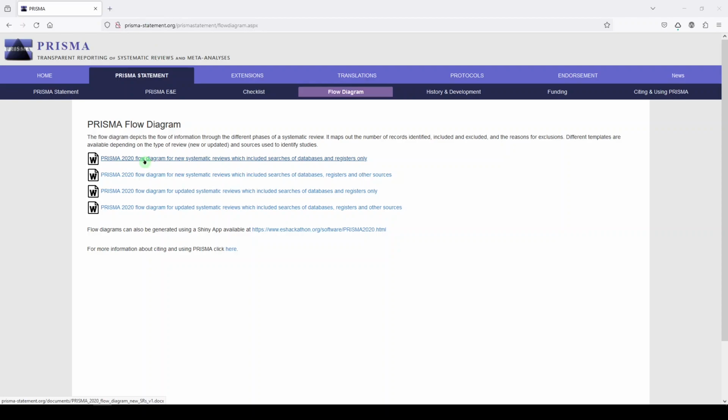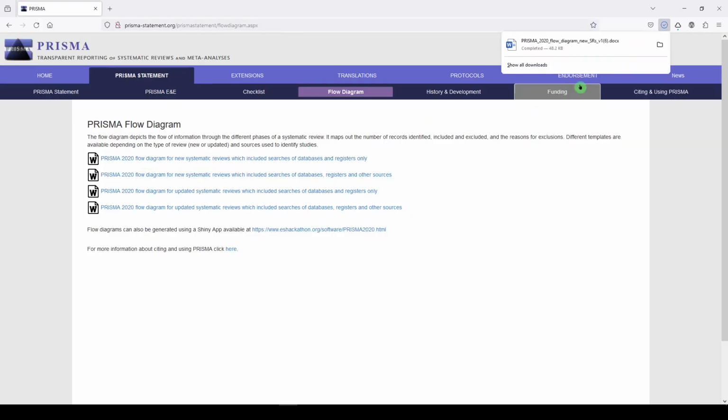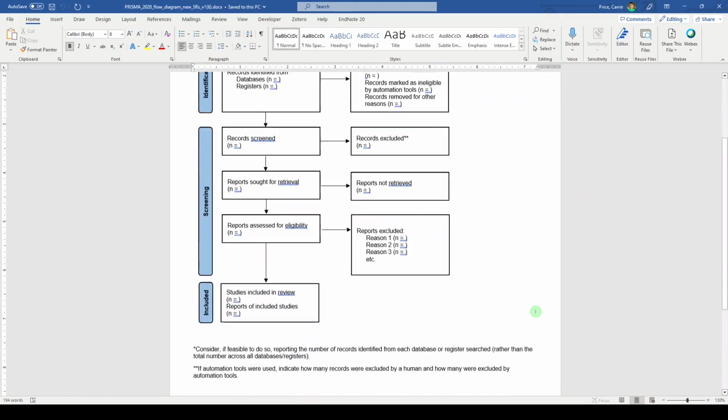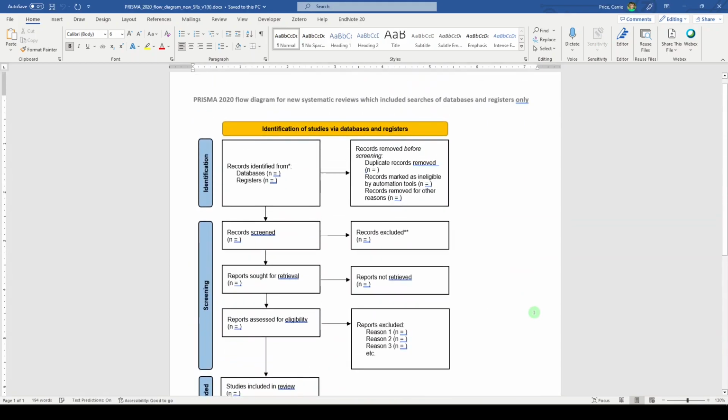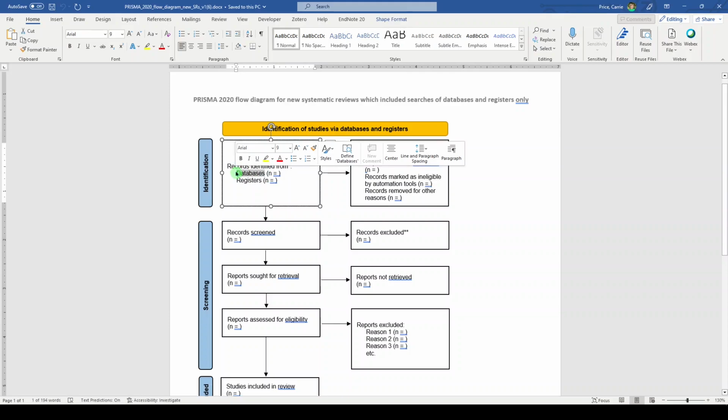The first one is for new systematic reviews, which included only searches of databases and registers. Let's take a look at what that looks like. Here's the flow diagram, and of course you can fill this out. You can use it for your purposes, which is to say you can customize it a little bit. But it is really nice to use these and not try to make your own. It's already been done. So the first part is identification of records from databases like PubMed, like Embase, like CINAHL,